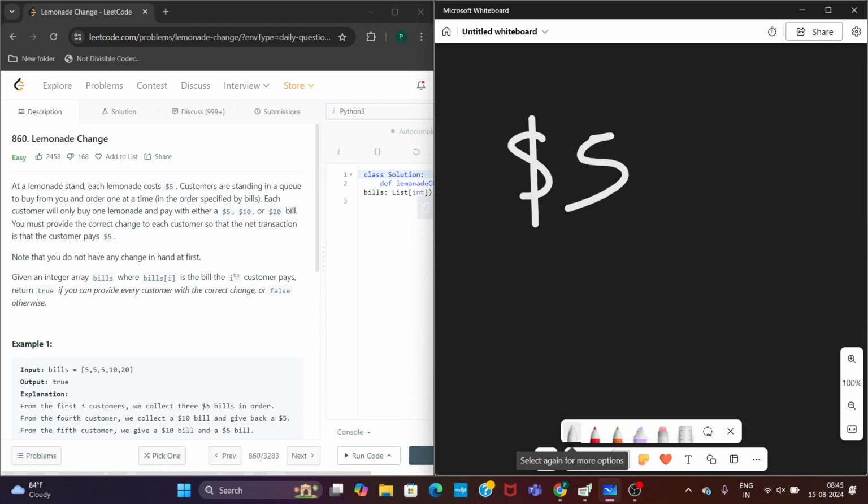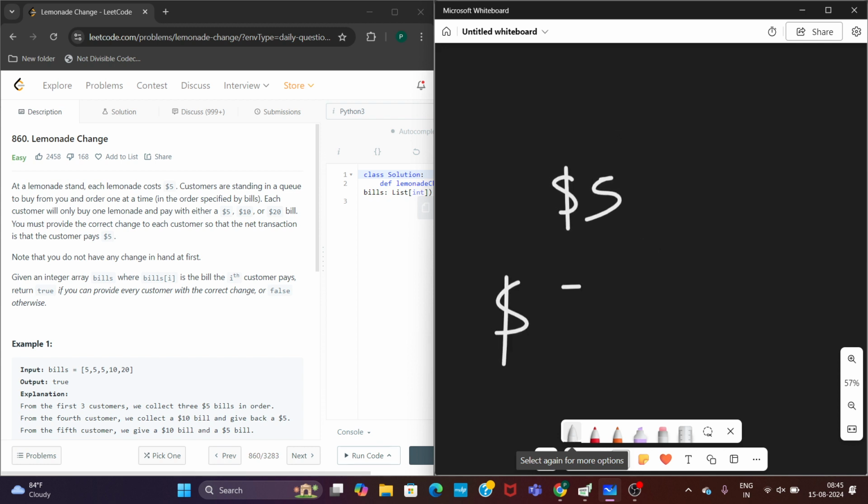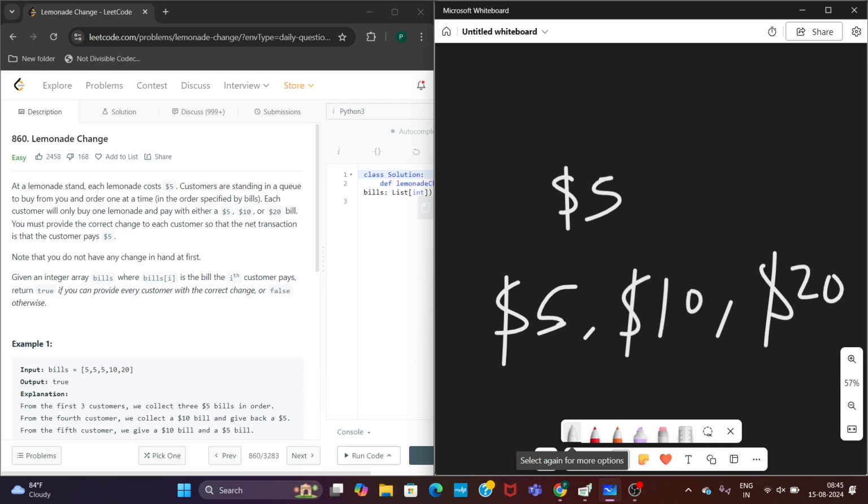An order at one time. In the order specified by bills, each customer will only buy one lemonade and pay with either a $5, $10, or $20. Your payment will be in the form of three amounts: $5, $10, and $20. So basically you must provide the correct change to each customer so that the net transaction is that the customer